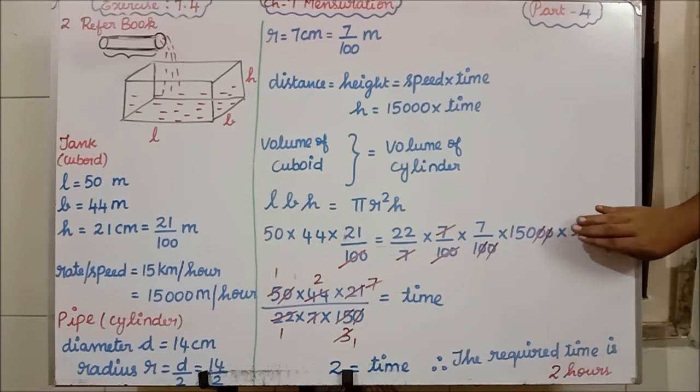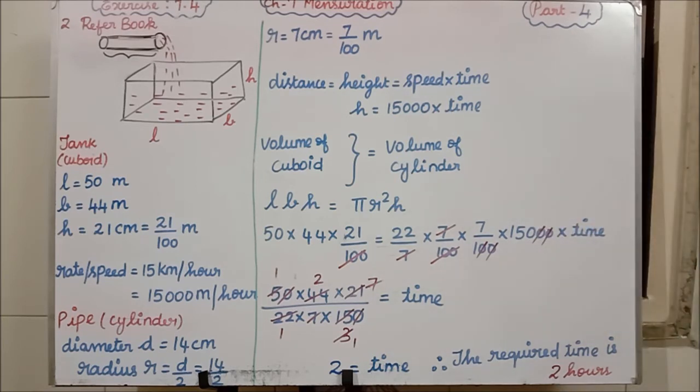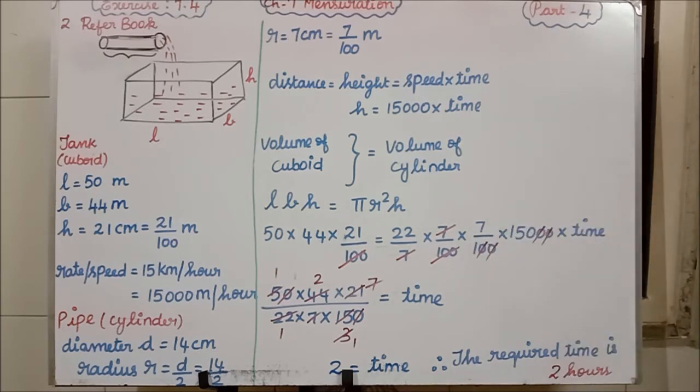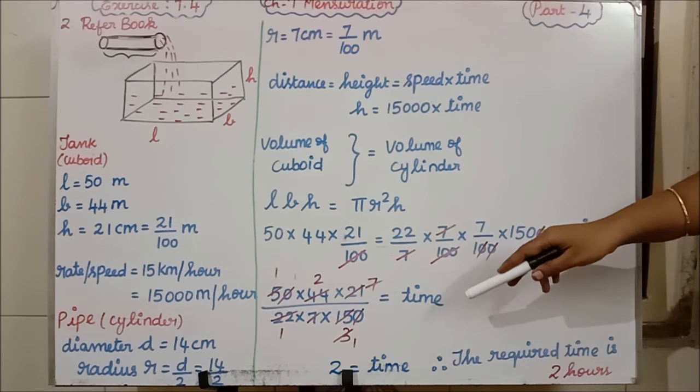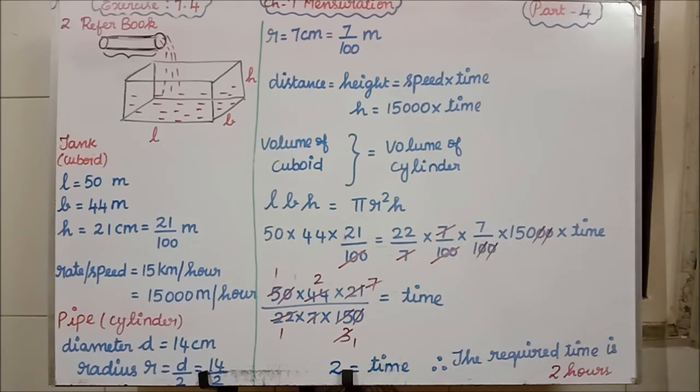I am going to keep the time alone this side. Remaining everything I am going to divide now. Okay. Then see afterwards I have done the calculation there. What does the calculation mean? I have cancelled 50 and 150. Then afterwards I have got 3 there. Then 3 and 21 I have cancelled. Then 22 and 44 both will go in the same table, so I have cancelled. After cancelling everything, I have got 1 in the denominator everywhere.